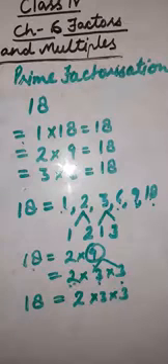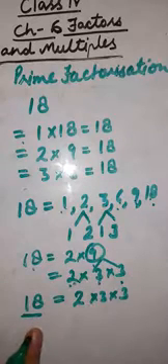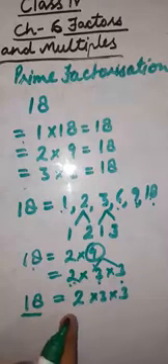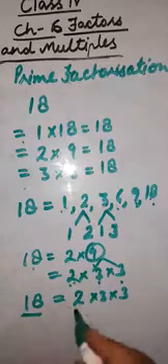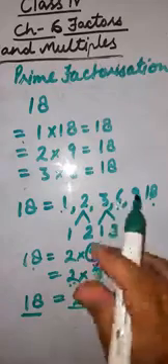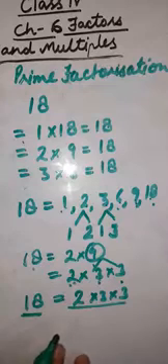In other way we can say that when a number is written as a product of its prime factors only. Okay, you can see here we have given the example of 18. When a number is written as a product of its prime factors only, we have not written here the composite numbers, right? Prime factors only, then it is called prime factorization. Is it clear to you?